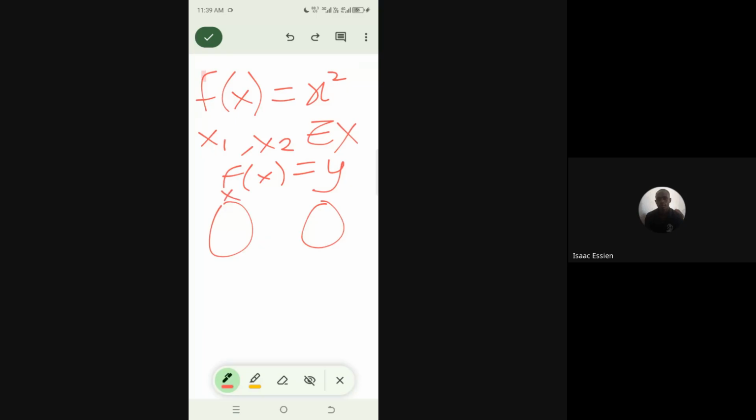x is the domain, and the codomain is f of x. That is what we are trying to see. So now we are going to